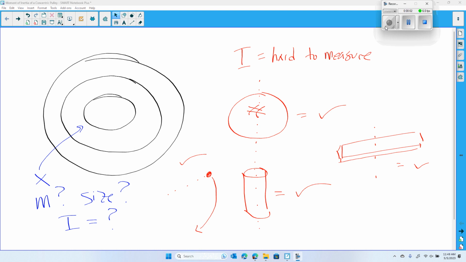I suggested to you that we could find the moment of inertia of these concentric pulleys. But the problem with finding the moment of inertia of the concentric pulley is that what we know about moment of inertia has to do with mass and the distribution of that mass in an object. So basically what moment of inertia tells us is how difficult it is to change the rotational motion of an